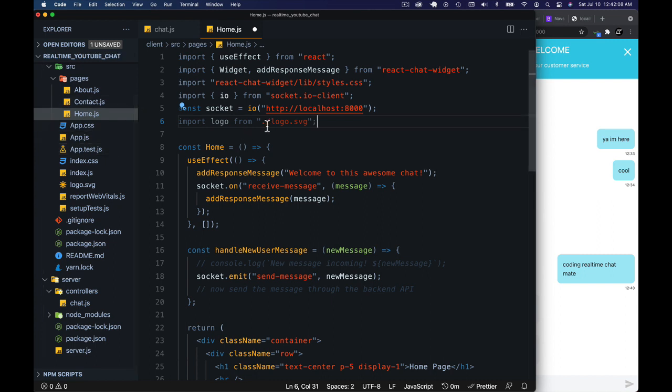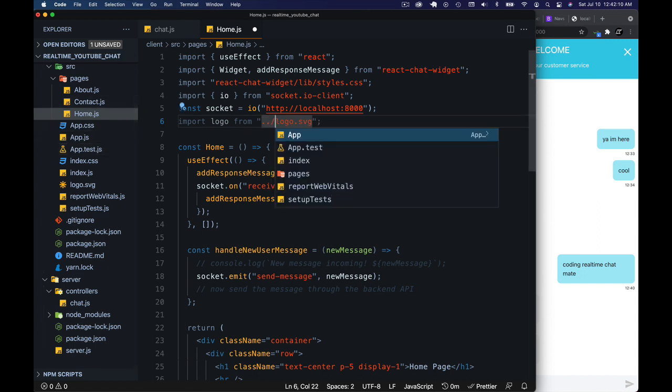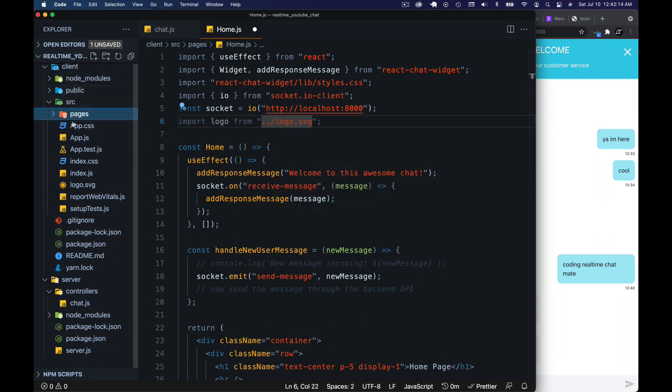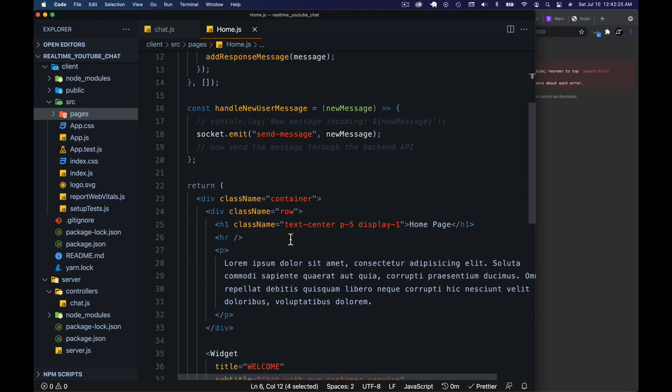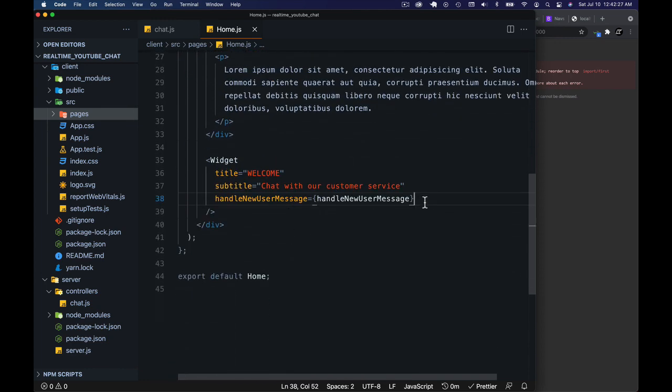So that is one step up. So go one step up from here, and then from there we have the logo. So that's the one we're importing. Instead of this logo, you could have the image file, anything, that doesn't matter. So you import that, and we can show that as profile